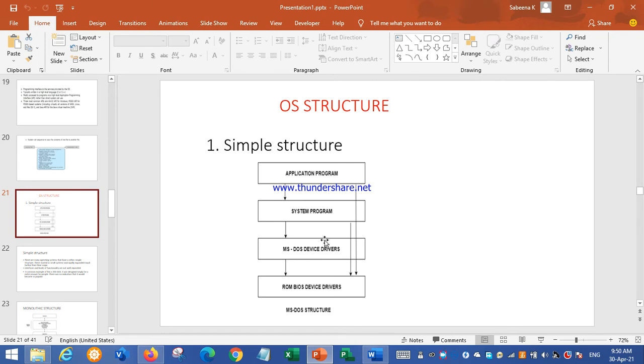The disadvantage is that application programs can crash the system by coding, as they directly access the hardware resources. So this design is not very appropriate, but it is the initial design of an operating system.